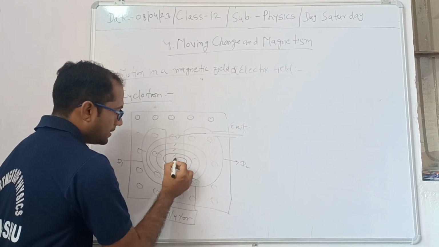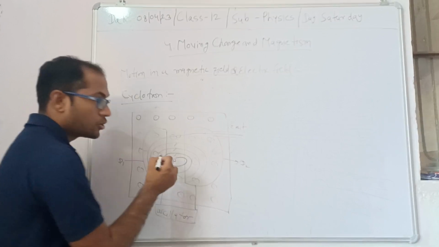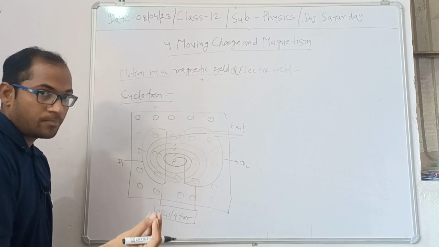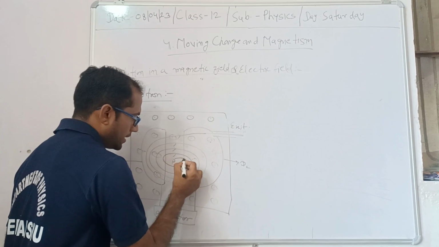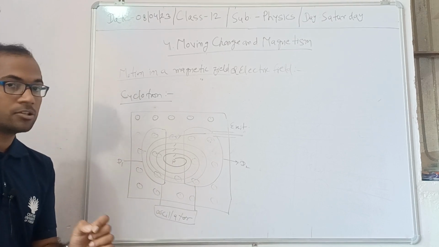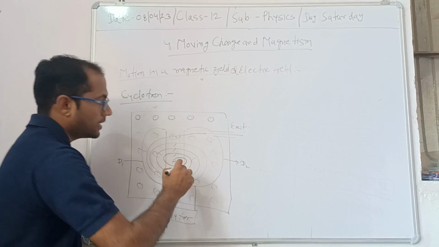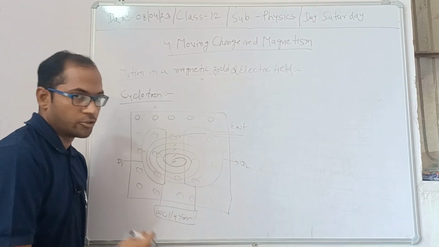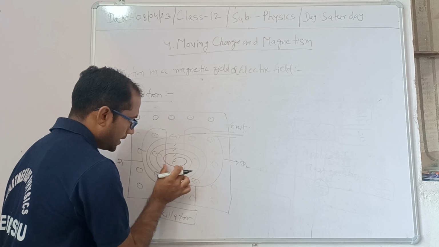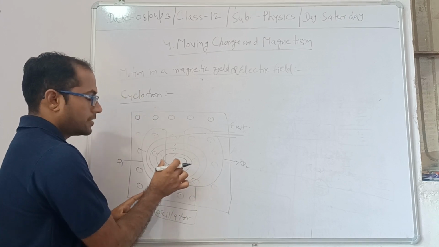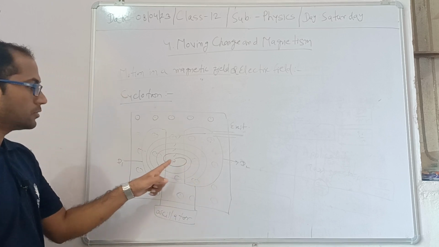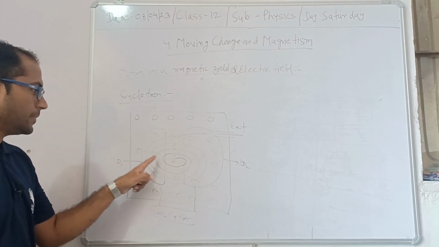So the particle is produced at the point. Due to the electric field, a force is applied on this particle, so this particle moves into this D, and in this D only a magnetic field is applied. So this particle gets a curved, circular motion. Then when this particle comes into this area, it also faces an electric force. Due to this force, the particle comes into this other D.